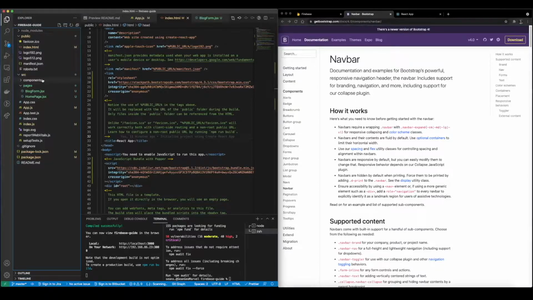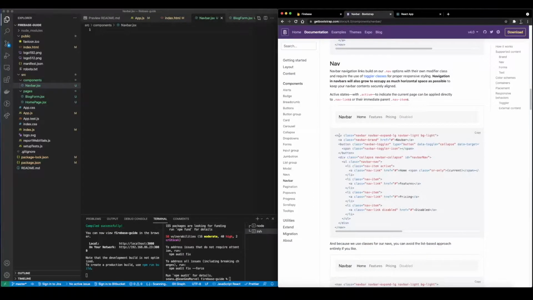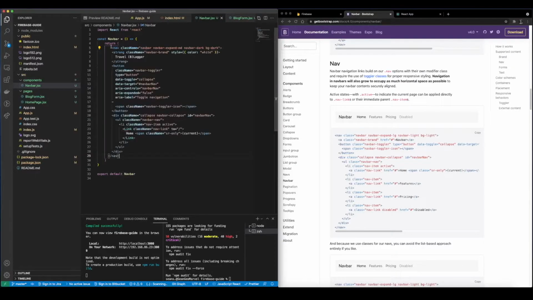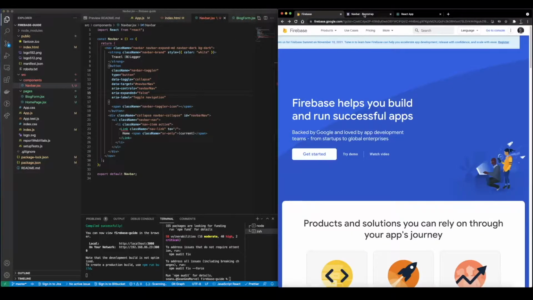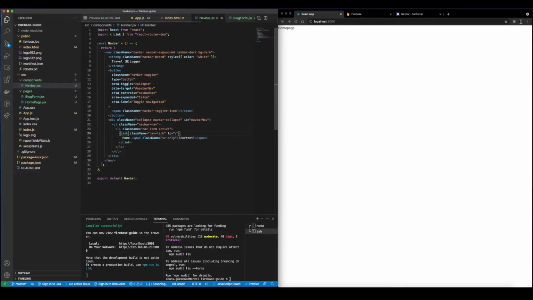Luckily, Bootstrap has snippets available that you can utilize for this. I'm going to go ahead and scroll down and show you the one that I'm going to use. Essentially, it's this navbar you see right here, but I've made a couple updates to it. So essentially what we're doing here is we're setting the title, we're setting buttons, navbar, and we're using this link functionality. This link gets imported from React Router DOM and allows buttons that you press to link you to other